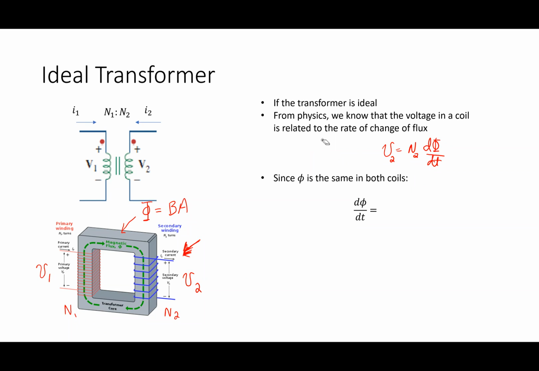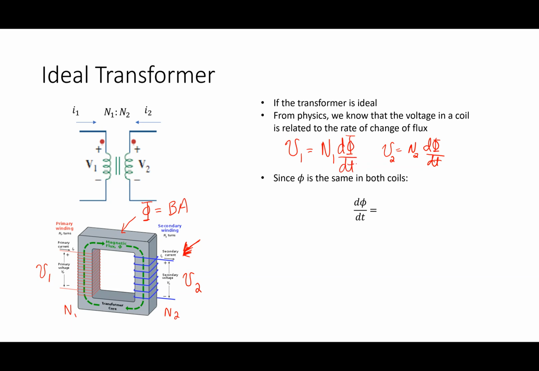All right. So in coil number 1 and coil number 2, the voltage I have there is N times the rate of change of flux. If I have a changing flux through one turn of coil, I get d phi by dt. If I have 2 turns of coil, I get 2 times that. 3 turns of coil, I get 3 times that. So on the primary, what would I say for the primary side voltage? N1. Yep. N1 times d phi by dt.